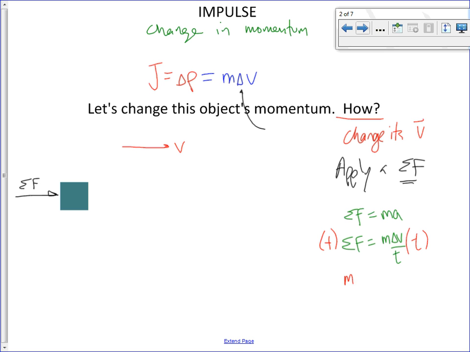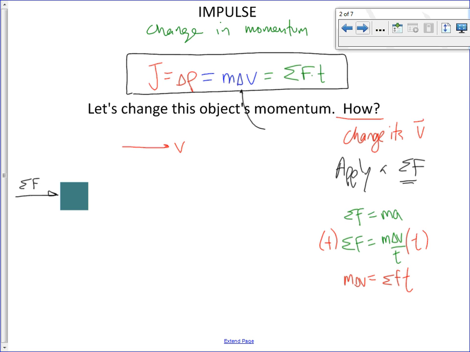So we end up with m delta v is net F times t. So here's another way to calculate impulse. So this ends up being like one big, long equation that you'd never use all four parts of at once. You choose which two parts are the most appropriate to use based on what you're given and based on what